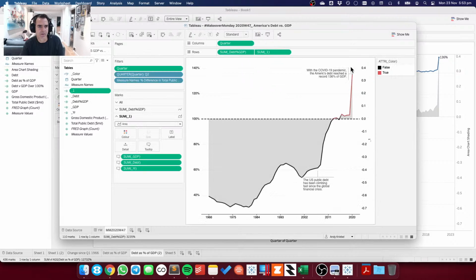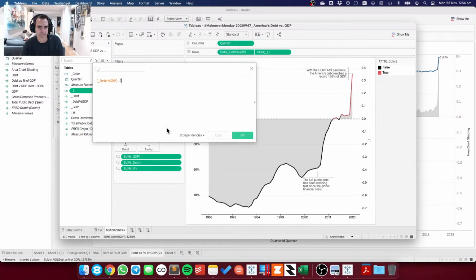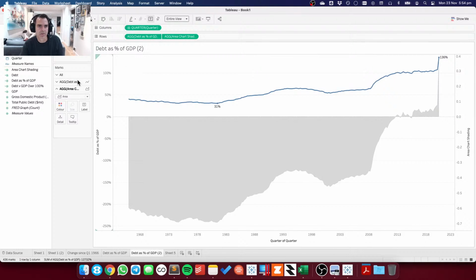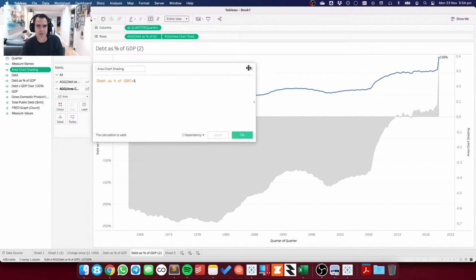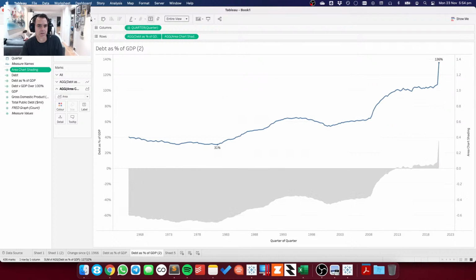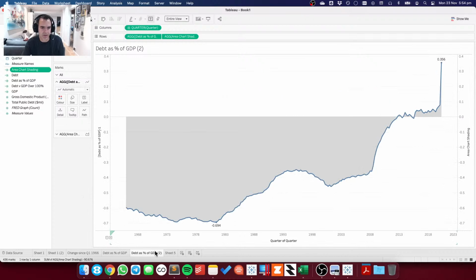That's really annoying. So debt as percent of GDP, and then this one is debt as percent of GDP minus 1, which is what I did. Debt as percent minus 1. Well, isn't that annoying? Okay, I'll just leave it like that for now. Anyway, so yeah, there's that.